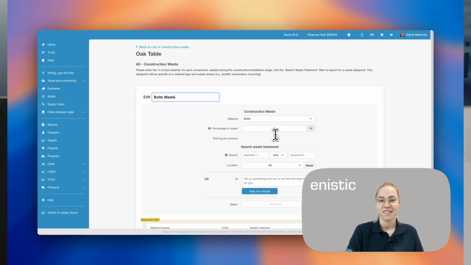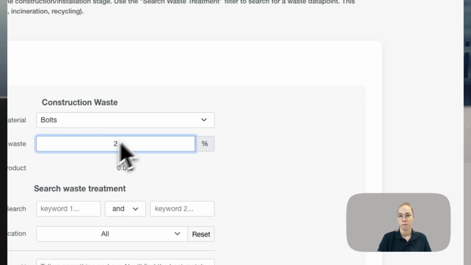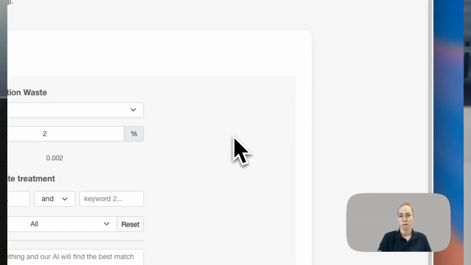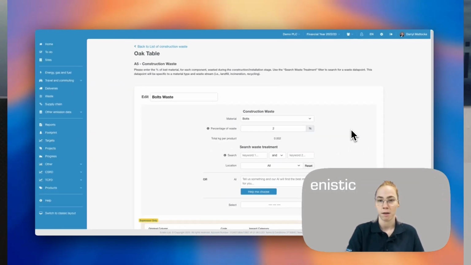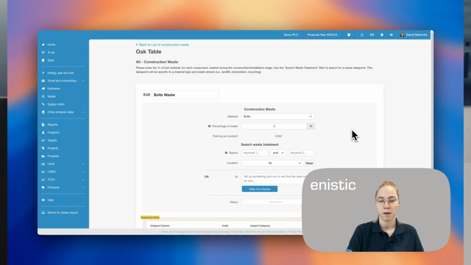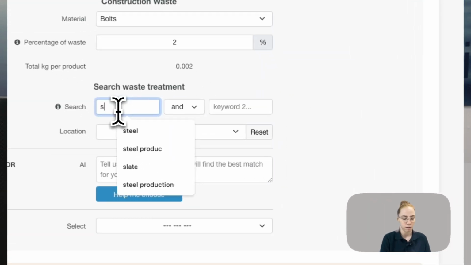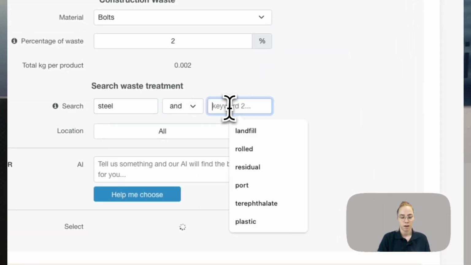But yeah, we just want to say the percentage of waste of those bolts. So very similar to the A3 waste module. Maybe it's just 2% of the bolts that are getting lost, they're broken, we can't use them. We know they're also made of steel. So if we just type in steel and waste,